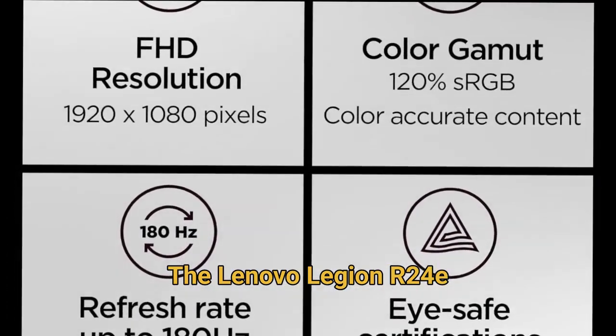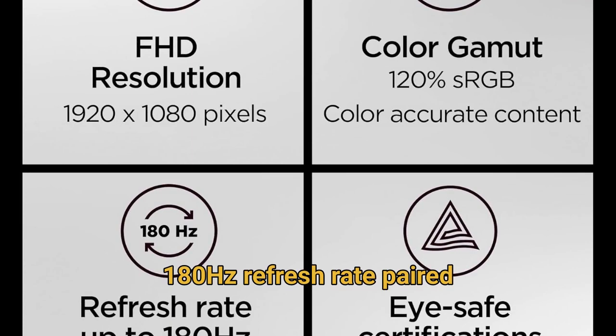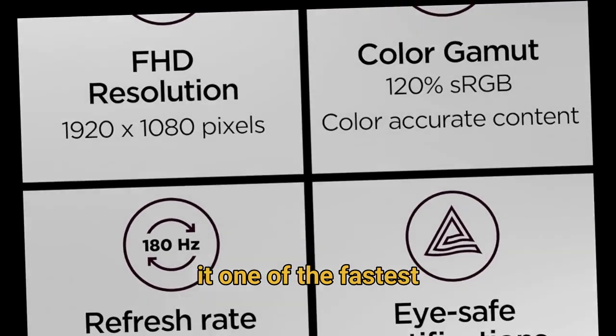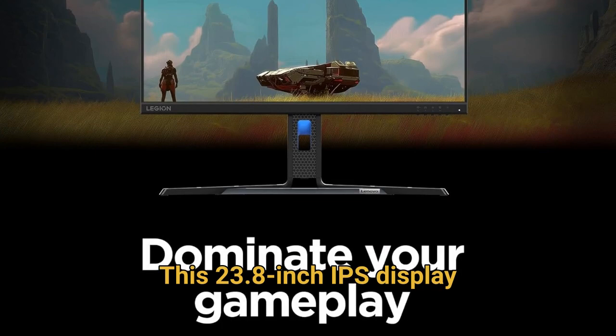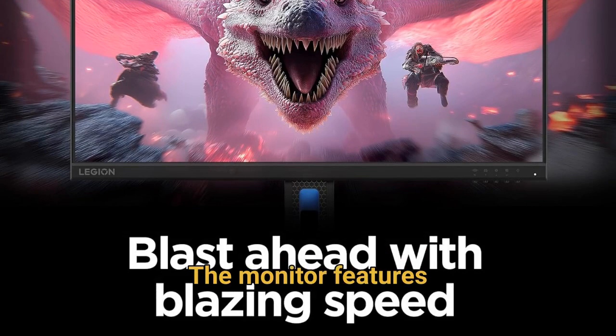The Lenovo Legion R24e absolutely dominates with its blazing fast 180Hz refresh rate paired with an incredible 0.5 ms response time, making it one of the fastest gaming monitors in its price range. This 23.8-inch IPS display delivers full HD resolution at 1920 x 1080, targeting competitive gamers who prioritize speed over pixel density. The monitor features 99% sRGB color gamut coverage with true 8-bit color depth, supporting over 16 million colors for